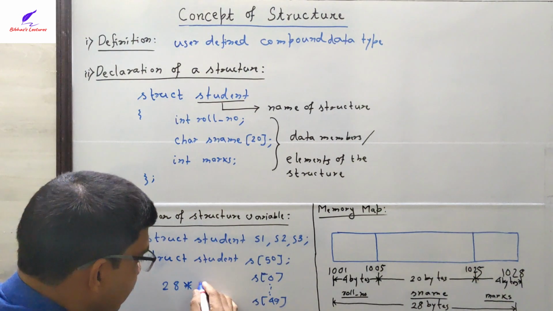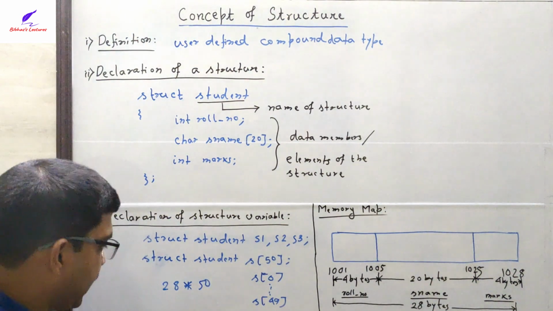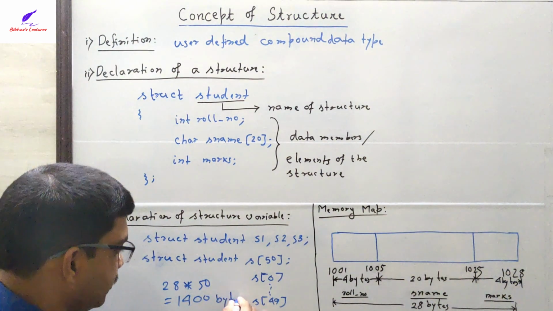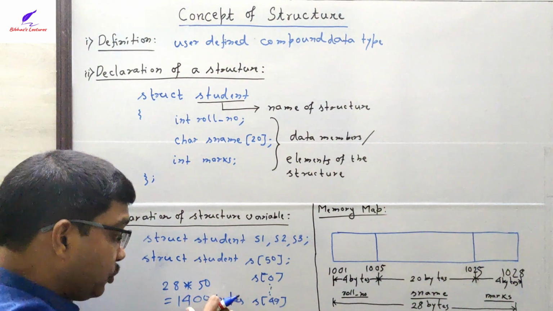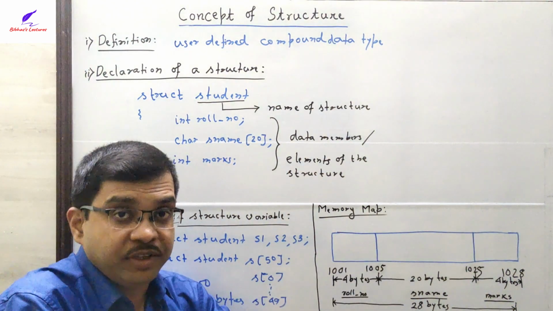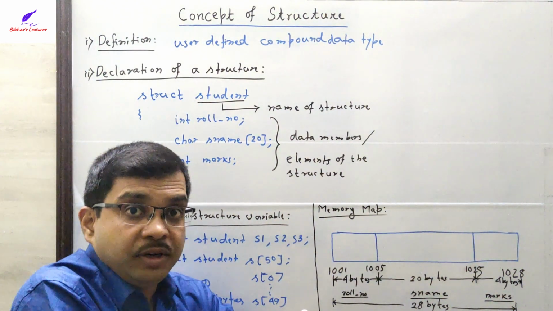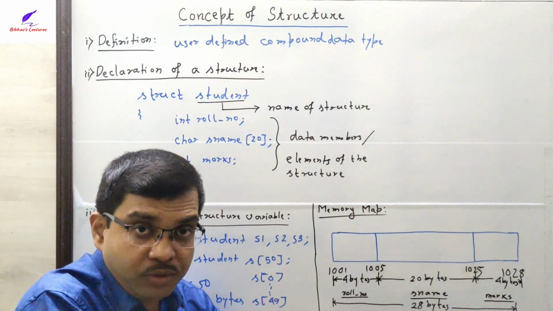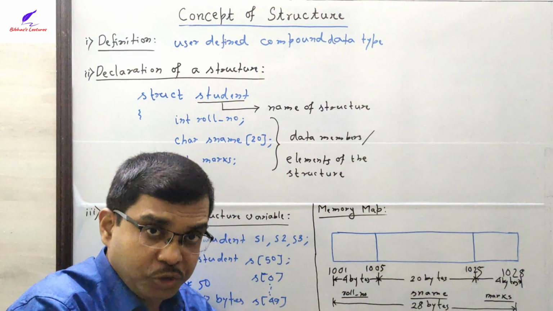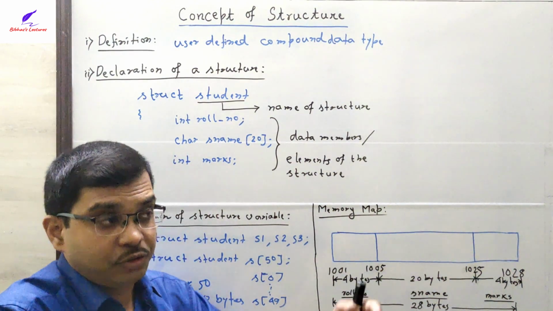28 multiplied by 50. Okay, and this is simply 1400 bytes. Okay, so this 1400 bytes will be allocated in contiguous manner. That means first 28 bytes will be for first structure variable, that is for S0, then the next 28 bytes will be for S1, the next 28 bytes will be for S2, like that, and last 28 bytes will be